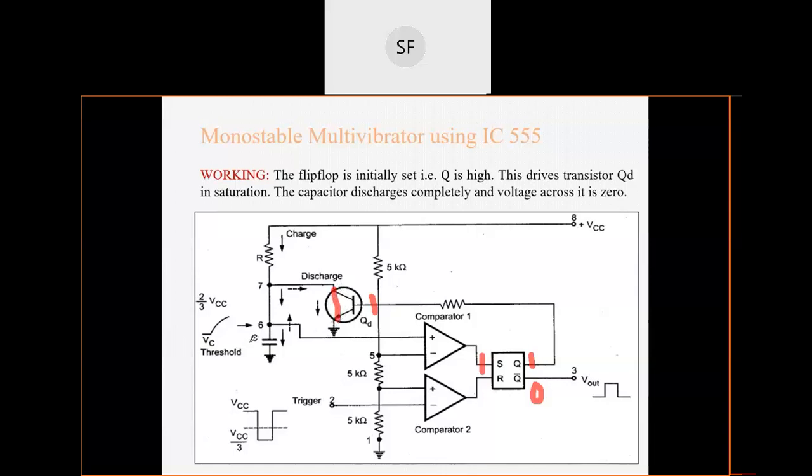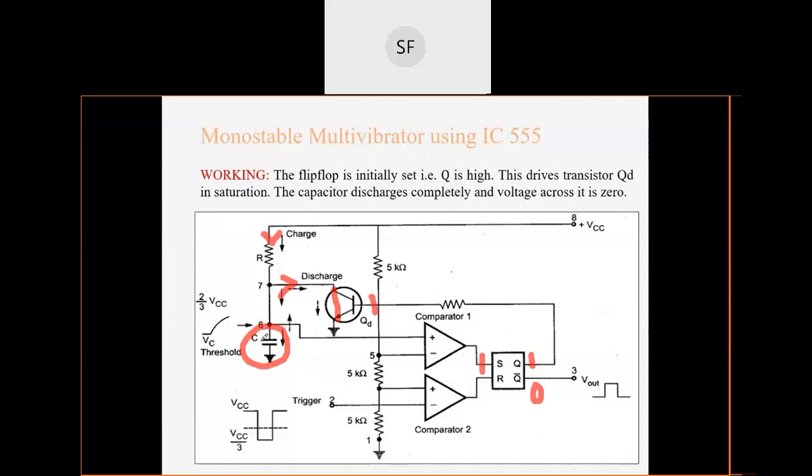So whatever the voltage applied here, what will happen? The complete voltage across this resistor will get discharged through this path. This current, what we are discussing, is flowing through this resistor. So there will be no current flowing into the capacitor. Why? Because the total current is flowing in this direction. Since no current is flowing to the capacitor, what is the main function of a capacitor? The main function of a capacitor is charging and discharging.